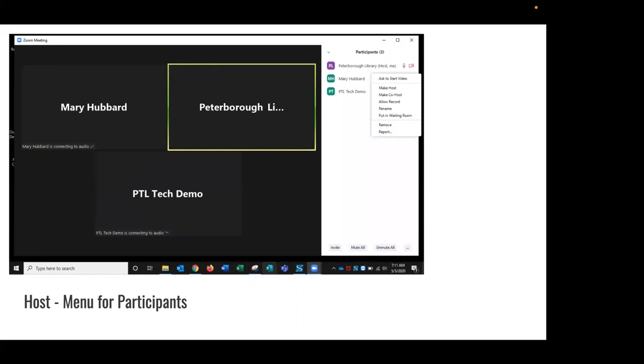If you're the host in the participants tab and you can tell someone is either muted or they have their video turned off, you can click on them and you can ask them to start the video. You can ask them to unmute themselves, and you can also do things like put them in the waiting room,